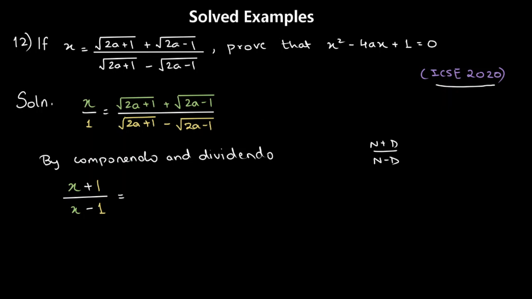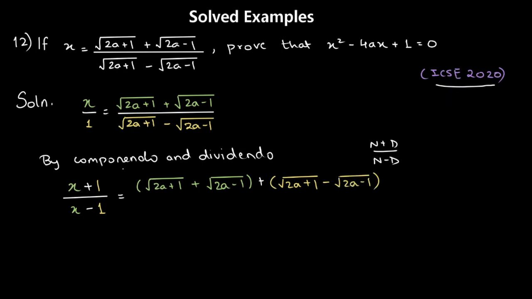And on my right hand side now, I get the entire big thing, which is my numerator first, which is square root of 2a plus 1 plus square root of 2a minus 1. That's my numerator, plus my denominator now, which is square root of 2a plus 1, right, minus square root of 2a minus 1,